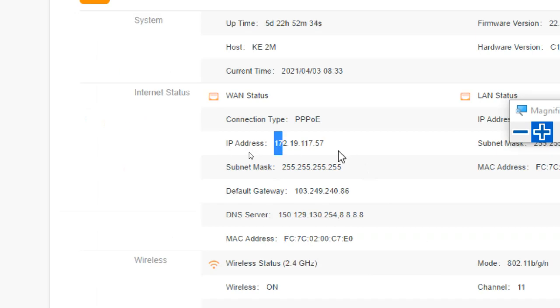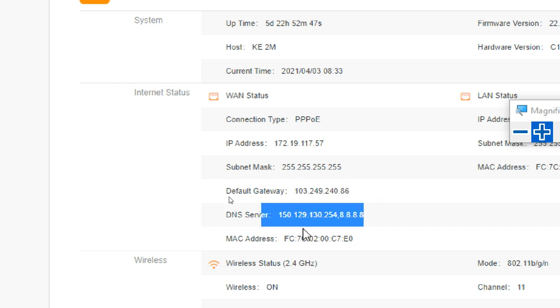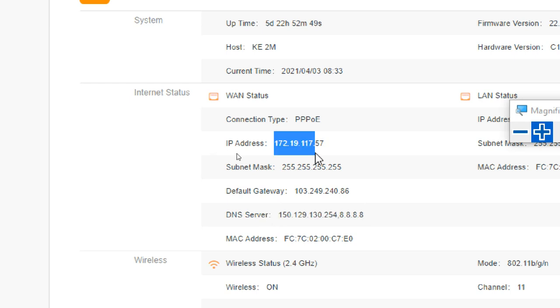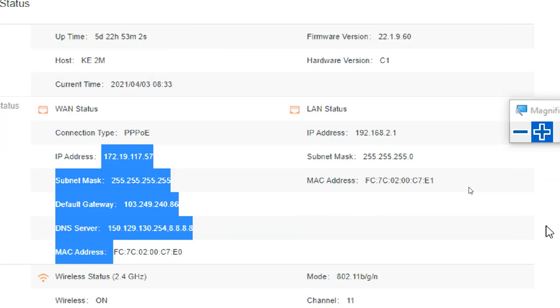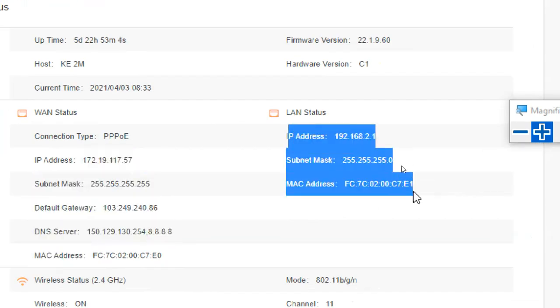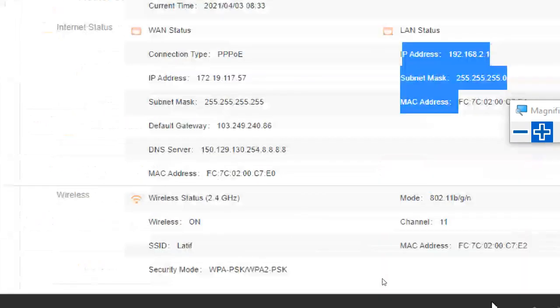But the WAN side also got an IP address. Who gave this IP address? It is given by the service provider. Once the connection is established, they give an IP address here, a different type of IP address for WAN connectivity. Of course, this is also a private IP address, but they establish it once the connection is done from the ISP provider to my router. So there are two sides: the WAN side and the LAN side.